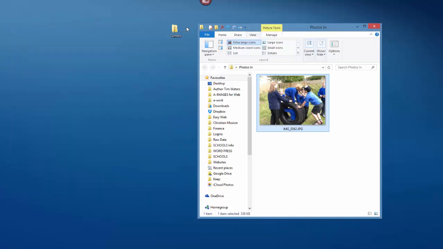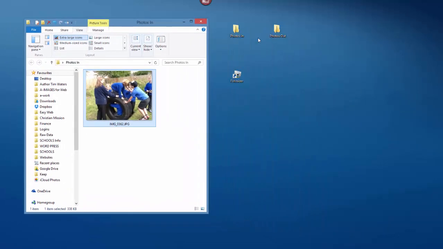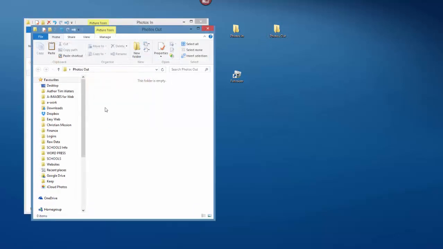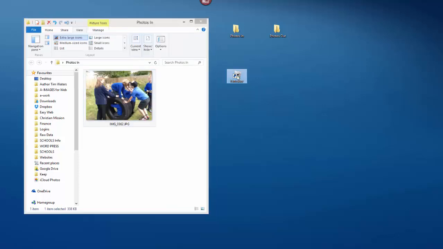So I'm going to close that one down, move this just to this one side, and we want to get this resized to put into the Photos Out folder again. Just open that up to make sure it's empty. It is, so I'm going to close it down again. Right, I'm going to quickly load Photosizer,